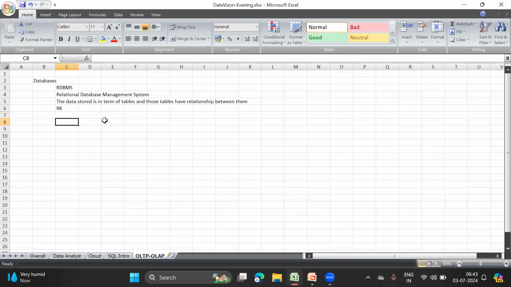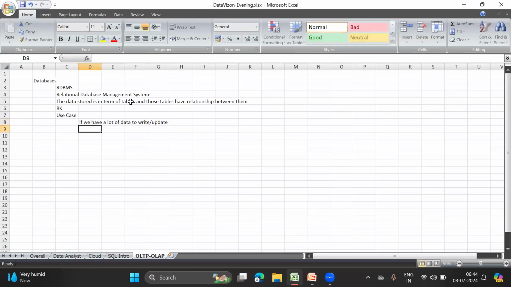Okay, now why do we use RDBMS? Let us also talk about the use case. This is the generic description. If we talk about the use case, RDBMSs are very good at storing transactional data. If you want to write a lot of data to your database, then RDBMS is going to be a good choice for you, if you have a lot of data to write or update.